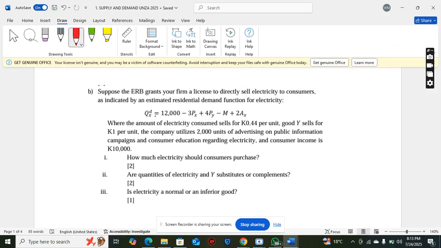which is representing the demand for electricity, where the amount of electricity consumed sells for 0.44 per unit. Good Y sells for 1 kwacha per unit. The company utilizes 2,000 units of advertising on public information campaigns and customer education